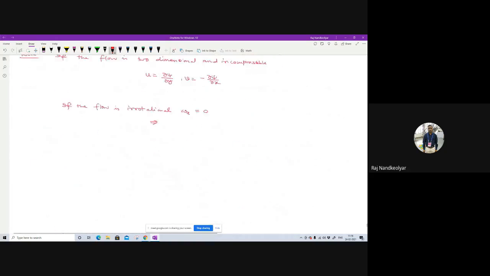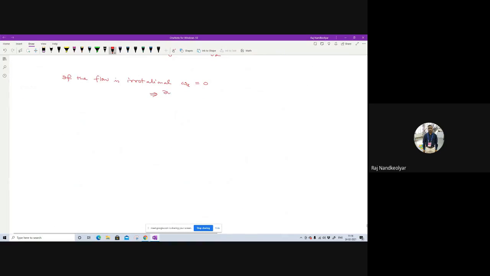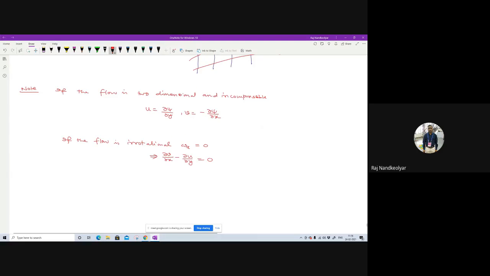So del v del x minus del u del y equal to 0 if the flow is irrotational. I hope it is clear. ठीक है? अब अगर फ्लो इरोटेशनल है तो डेल वी डेल एक्स माइनस डेल यू डेल वाई इक्वल टू 0 होना चाहिए, और हमारा u कितना है, डेल साई डेल वाई, और v कितना है, माइनस डेल साई डेल एक्स. ठीक है? सो अब डेल वी डेल एक्स निकाल लो यहां से और डेल यू डेल वाई निकाल